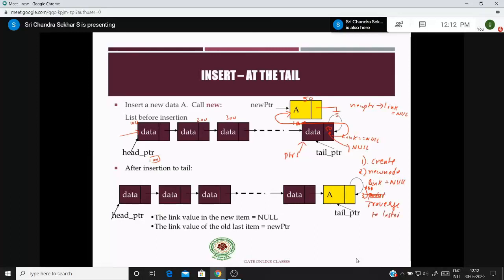This is the third step I have to do. And finally, modify the last node link, right? So these are the 4 steps I have to follow for inserting an element at the end of the list, right?